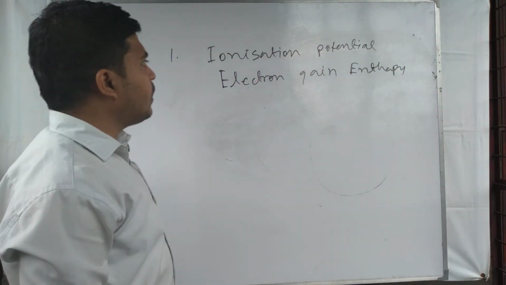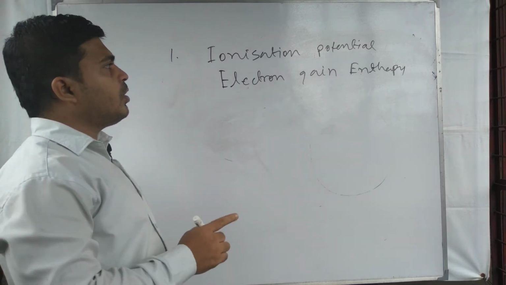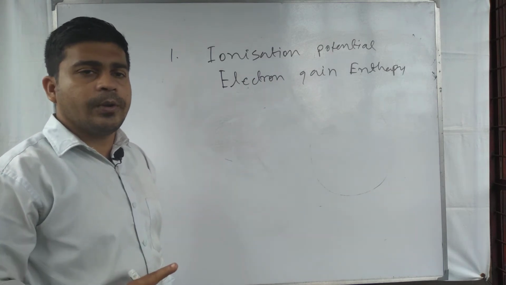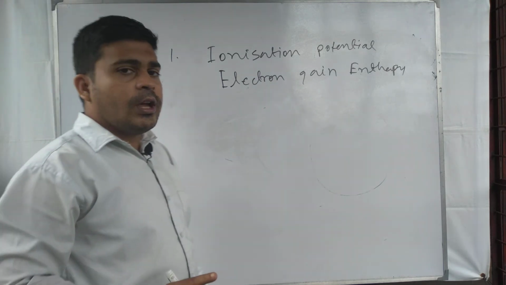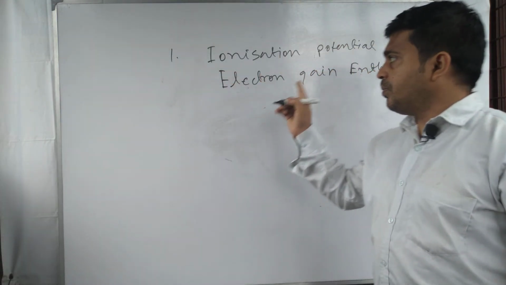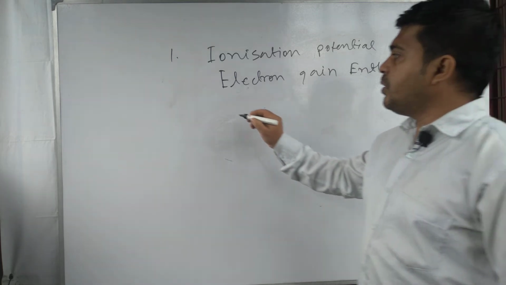Ionization potential and electron gain enthalpy are the two periodic properties on which the electronegativity value of an element depends. For an element where both the ionization potential value and the electron gain enthalpy value